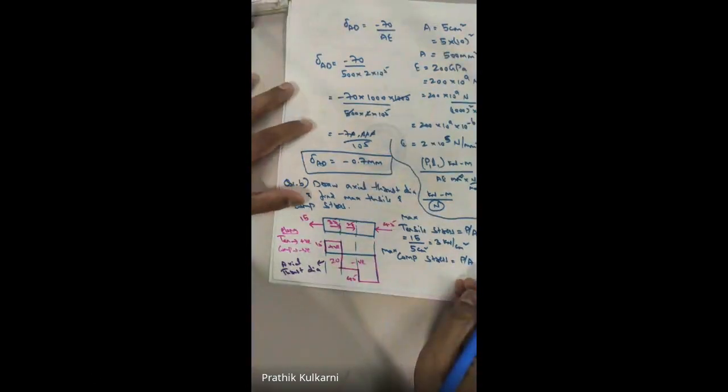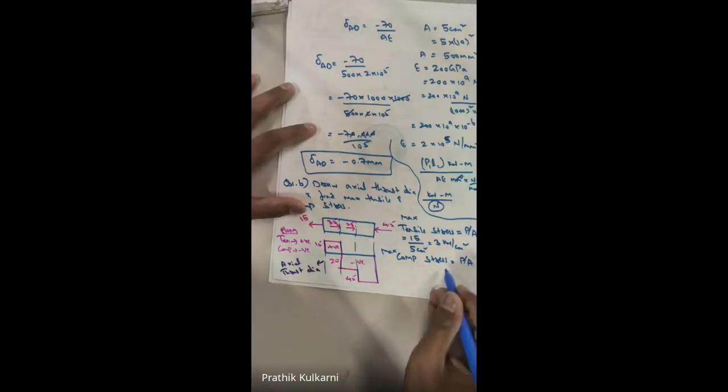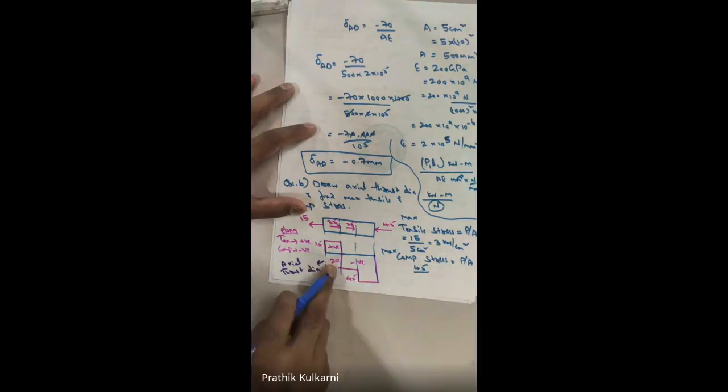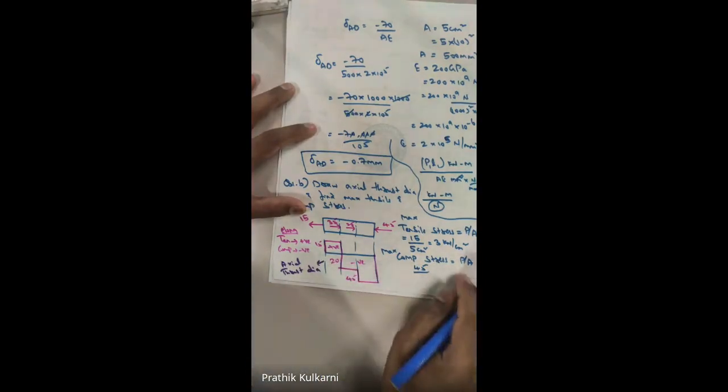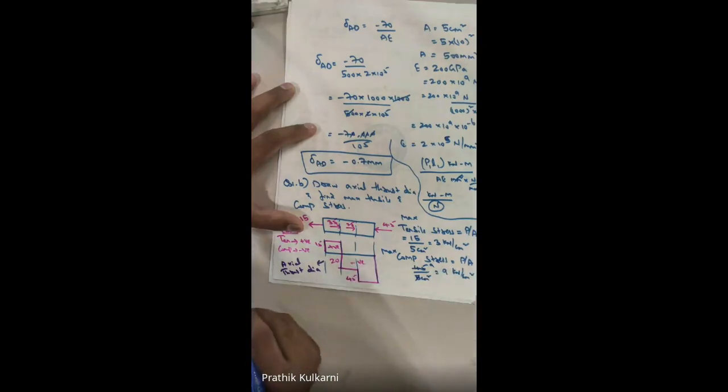Sir, 45. I am asking stress, Vishal, what is stress? Maximum, is it visible or not? Visible sir. Yes. Now, what is load upon its area? Load is my maximum load. Look here, how much is the maximum? It is 45. So 45 divided by area. Area will be here 5 centimeter square. So 5 nines are 45, so this is 9 kilonewton per centimeter square.